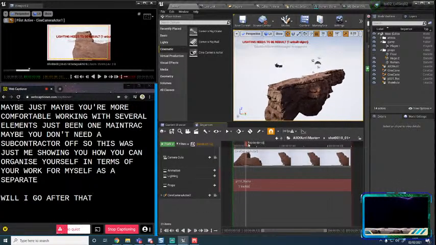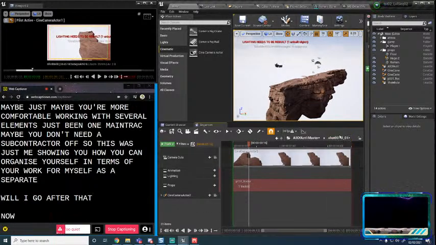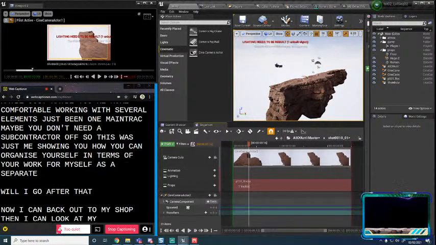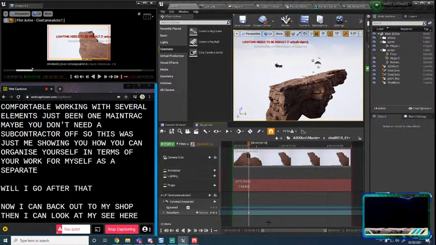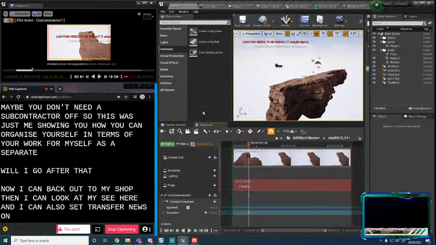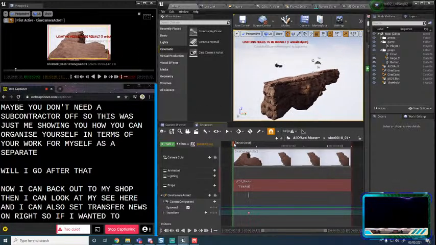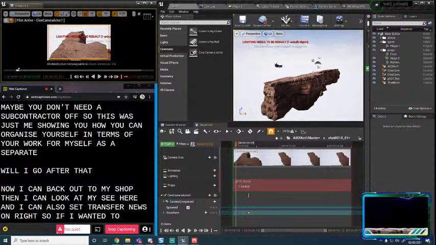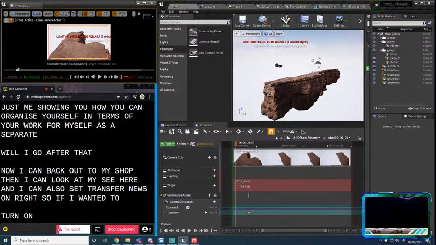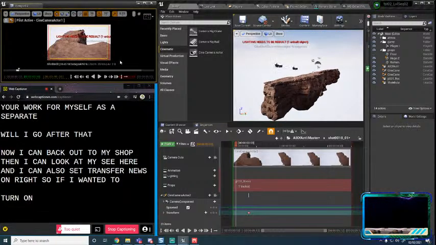So we've just keyframed our first animations. Now I can back out to my shot 10. I can look at my Cine camera actor here, and I can also set transform keys on that, right? So if I wanted to, say, go over here, I'm just going to roughen the camera move. So I'm going to go into where I'm piloting my camera inside here, and let's say move that in there. We'll set a key for that, right? And now we've got